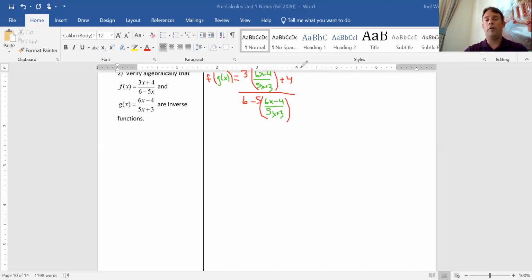All right, so this is what we're going to play with. And this does look ugly. So first of all, I don't like these numbers on the outside of the fraction. So I'm going to put this over 1, and I'm going to multiply these in, make that a -5 right there. All right, so I'm going to go ahead and distribute these in here. So in other words, I have f of g of x